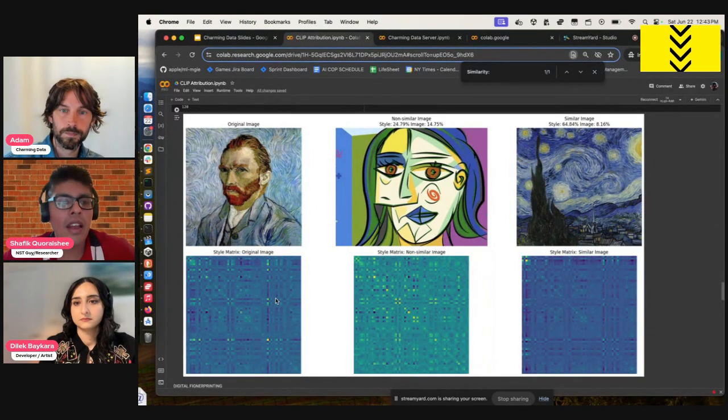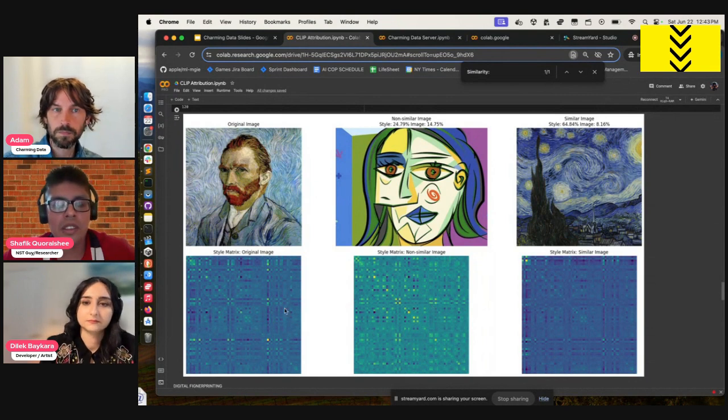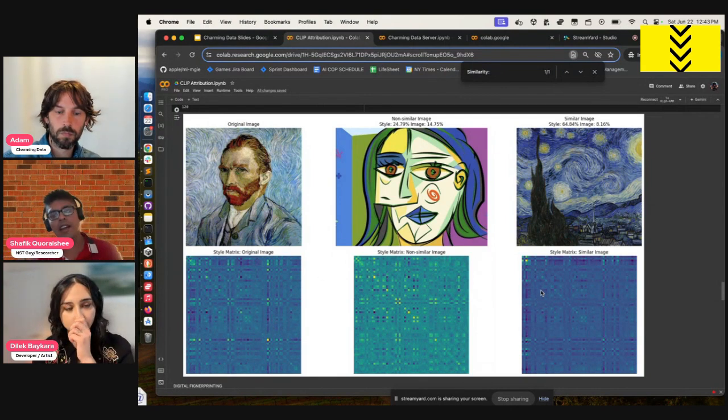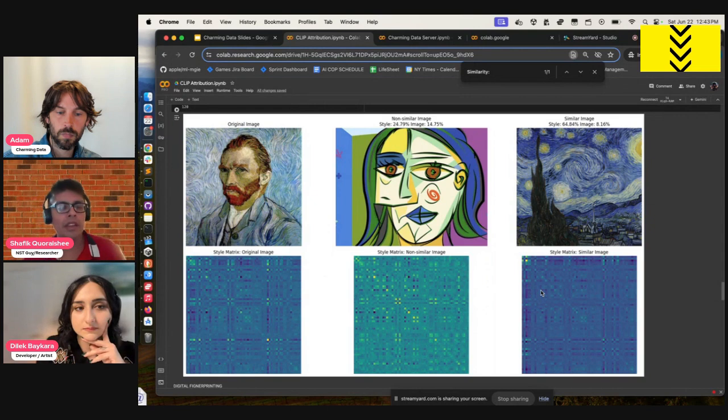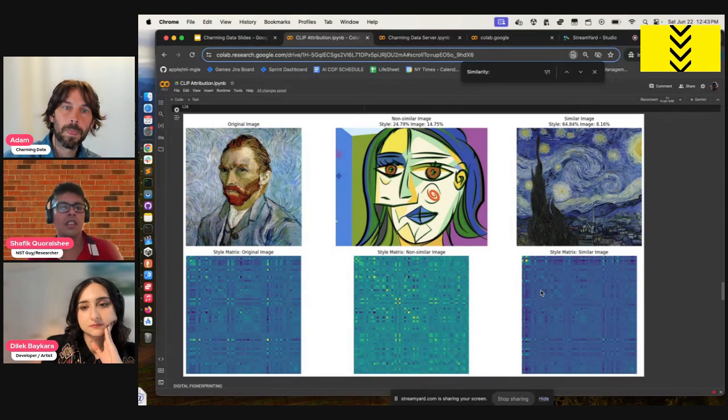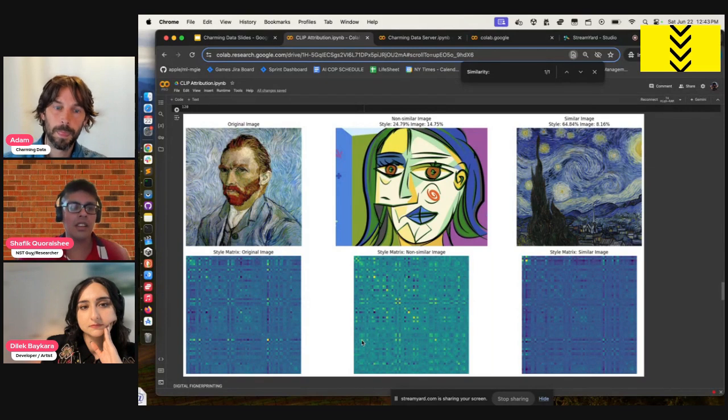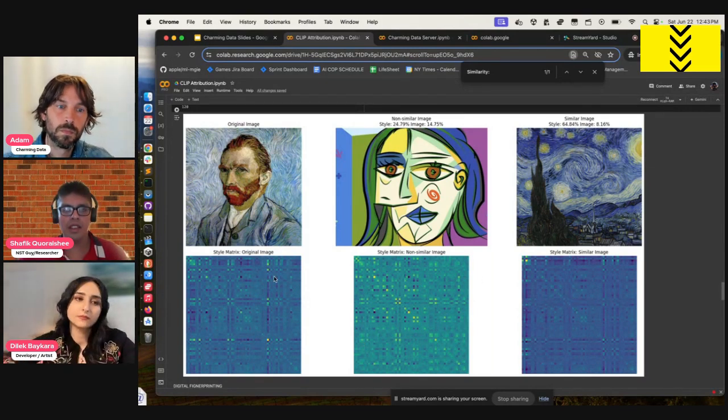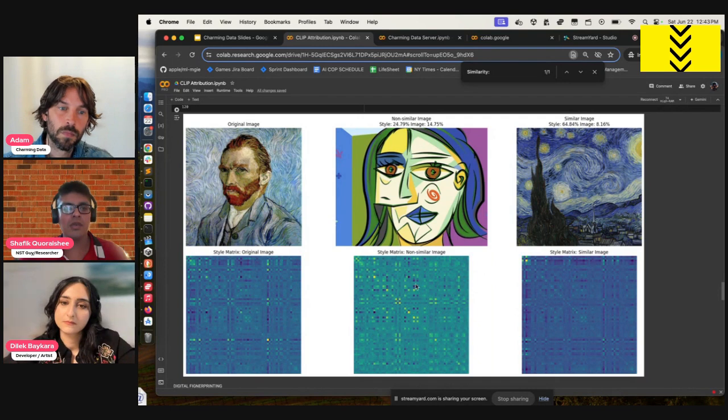Yeah. And so again, here are the style matrices. Again, just to point out the styles and not the images. And you can see that the style matrices, it's hard to tell exactly with the human eye, but I colorized these according to their percentages to indicate that the style matrices seem to be more similar for the images that are of similar styles as opposed to the images that are of a far different style.